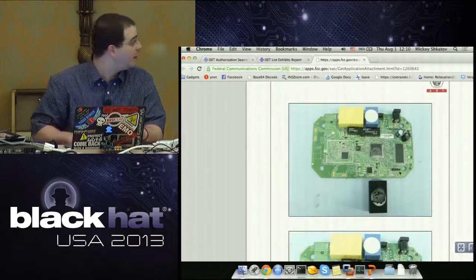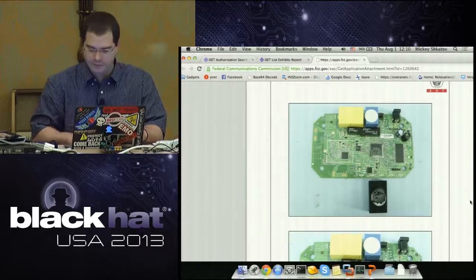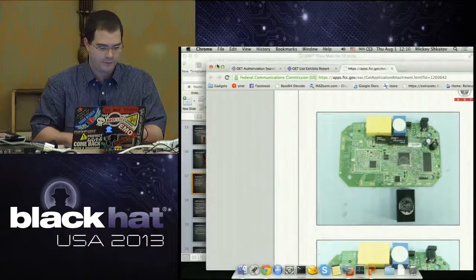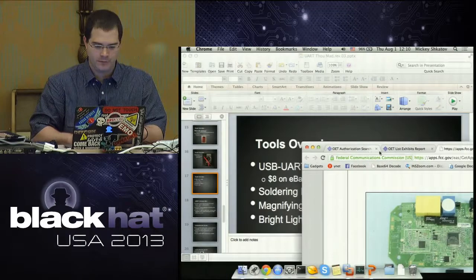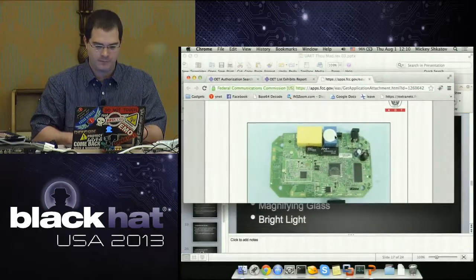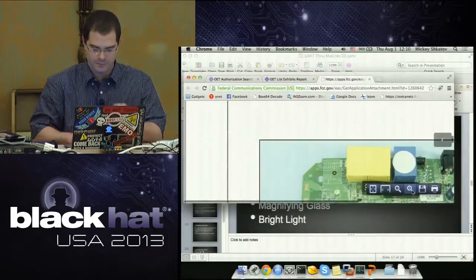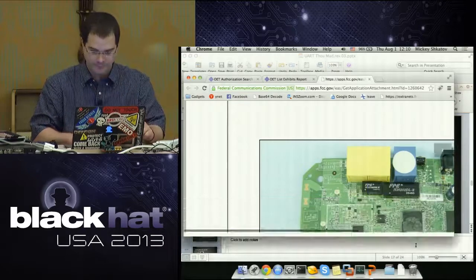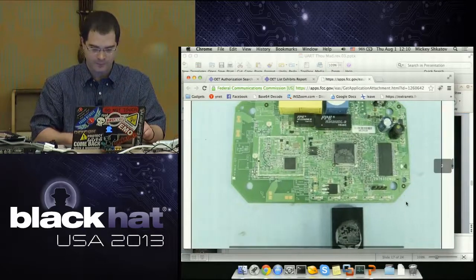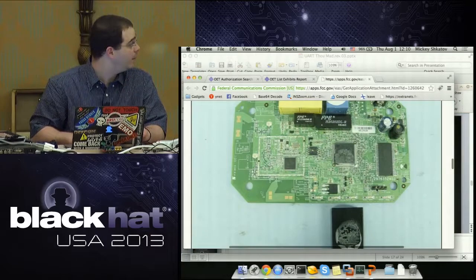As you can see, let me get this a little bit enlarged. As you can see here, we have 4 pins sticking out.